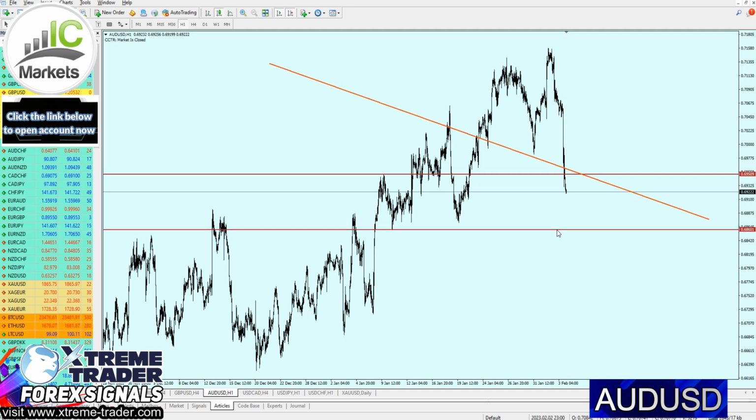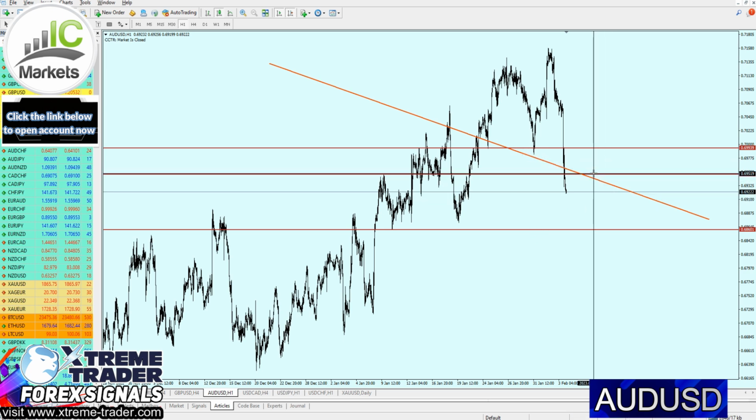However, the take profit level is going to be placed right here at the lowest level of the support at 0.68601, and that means we are aiming for about 90 pips of profit. The safe zone is going to range just a little bit above that level of a support level at 0.69939, which means the safe zone is about 44 pips against 90 pips of profit.